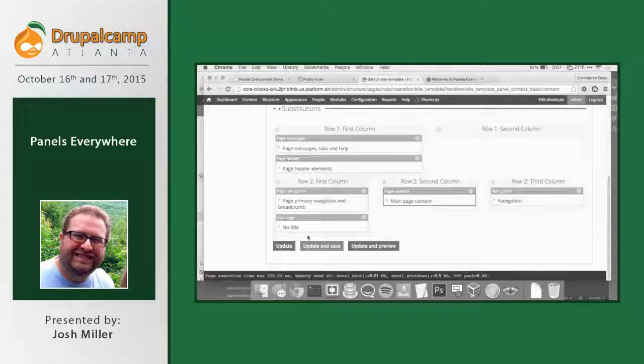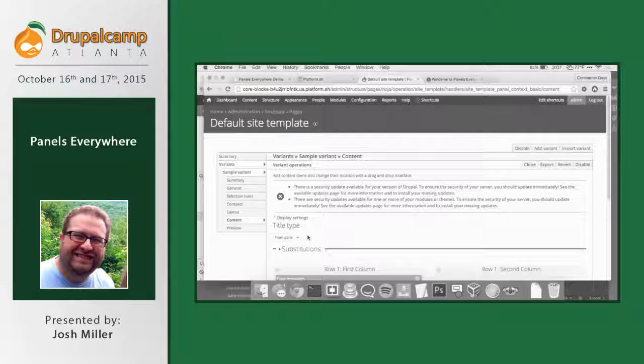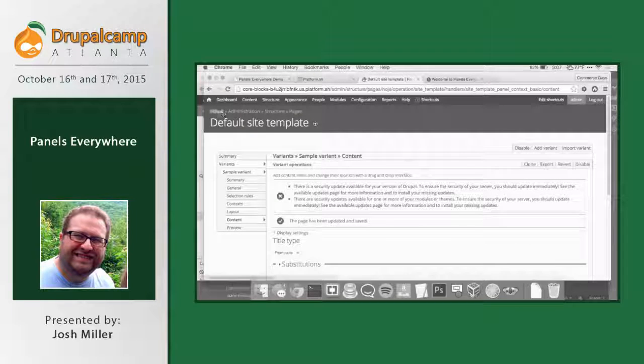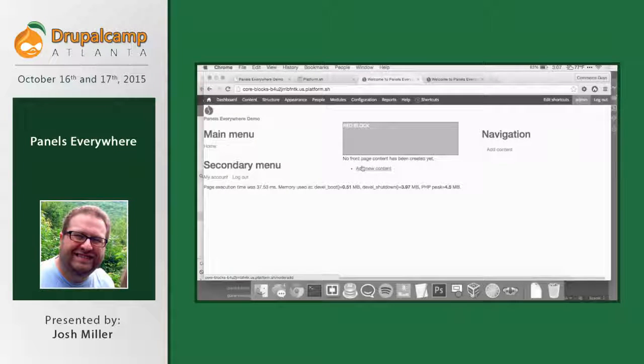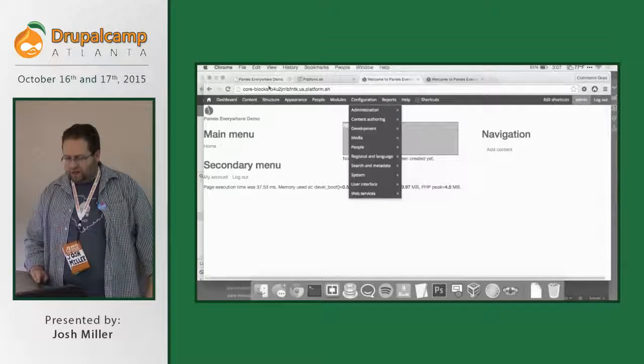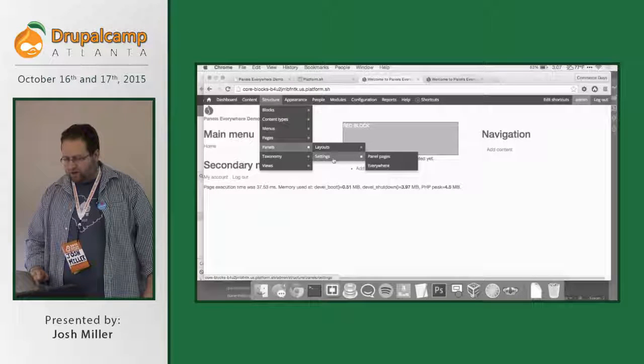You can actually create a variant that just doesn't have the blocks where you want it. You could even potentially make a particular, what do they call it? Selection rule. I was going to say filter. You can use a selection rule to say, do I have any sidebar content? It would have to be a custom one, but you could do it. And then you change the layout completely based on the sidebar content. So I'm going to go ahead and click save and see how this works, see if my block moves a little bit. Okay, so I moved some things, I changed navigation around, the header's kind of where it was. If you want to go through and change it again, you can go into